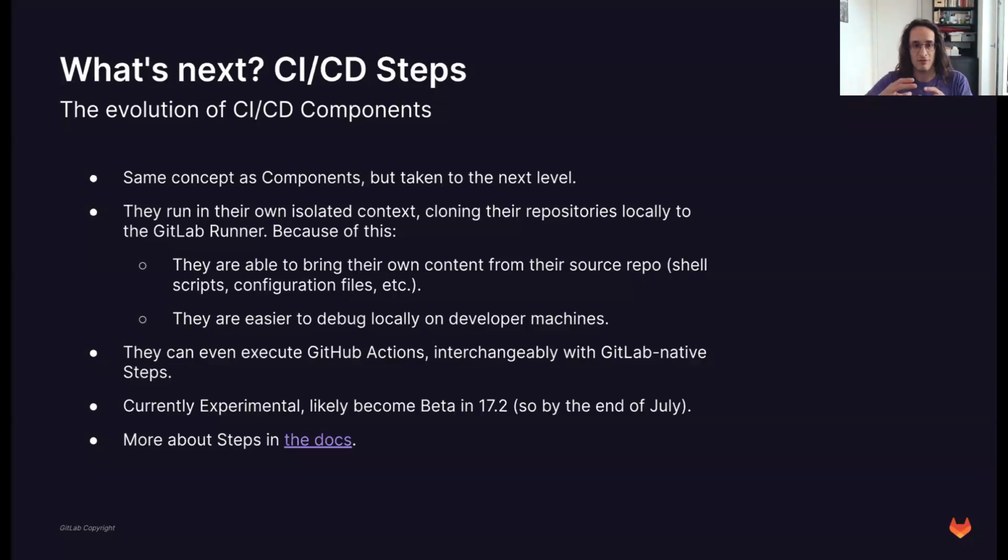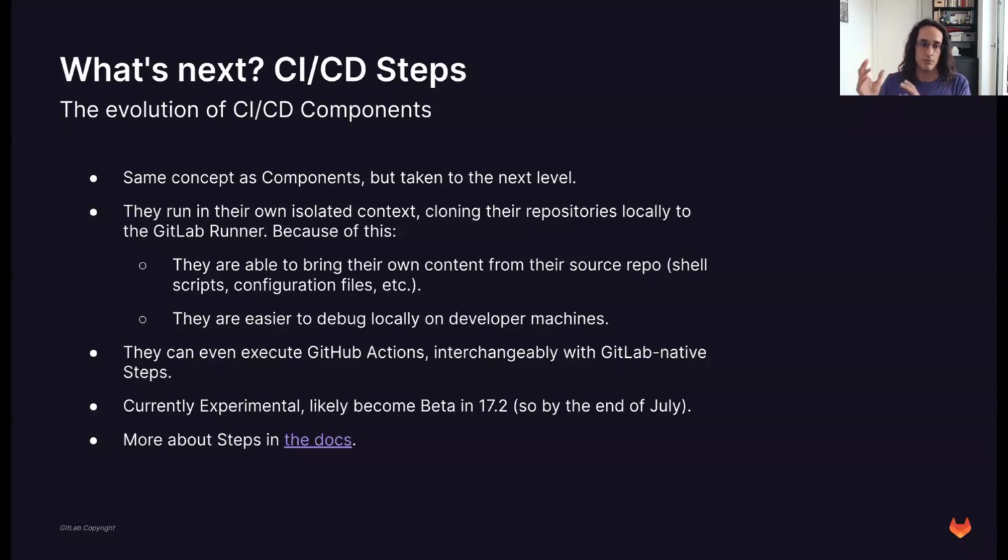Steps are different from components, because components at the end of the day are still merged with the pipeline that you are using them in, much like templates. The only difference in the execution of components is that you have this isolation of the variables, right? That's the only thing on an executional level that's changing with components.